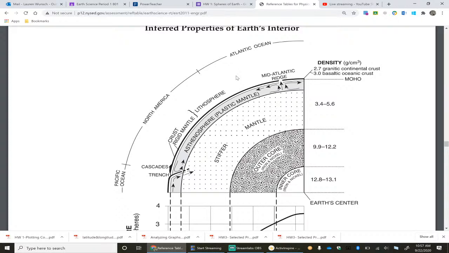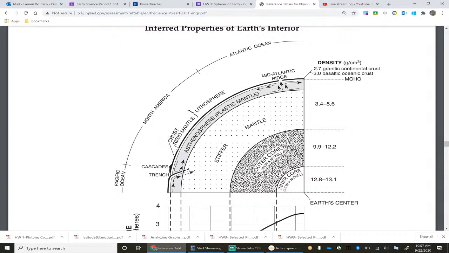So these 2 pieces of the Earth's surface, what we walk around on, is what we call the lithosphere. So the lithosphere is 2 parts. This part, crust, and this part, rigid mantle. If you want to make a little note, you can. Okay, so crust and rigid mantle are right here.